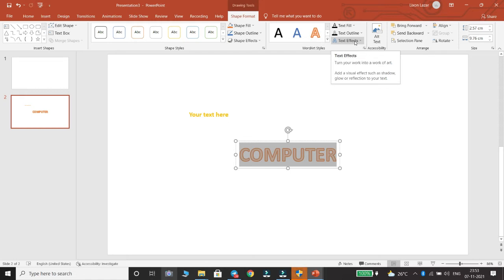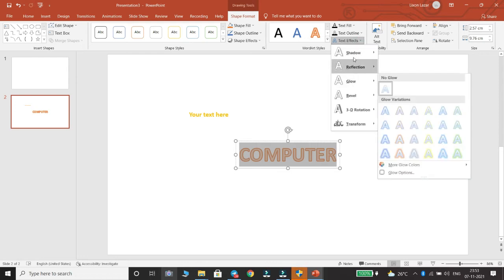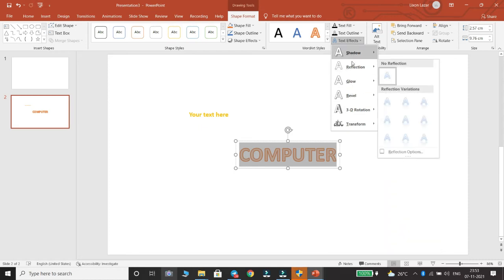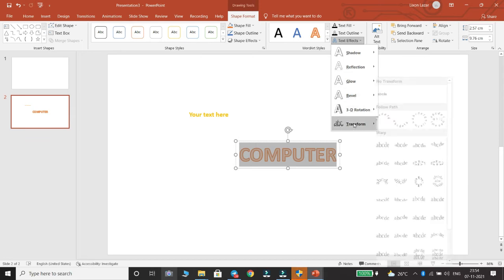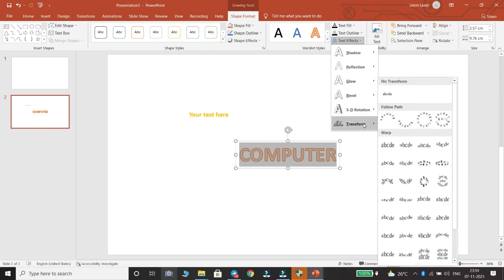For example, if you want to add an effect to the text, you have to click on text effect command. Here you can see different text effects such as shadow, reflection, glow, bevel, 3D rotation, transformation, etc. You can select any text effect for the word art.